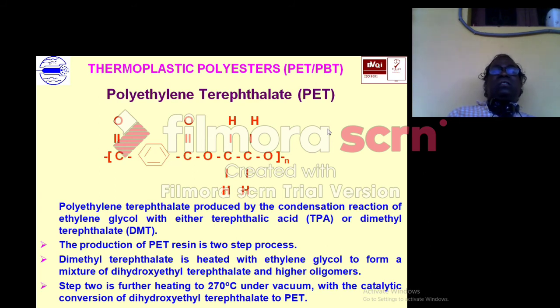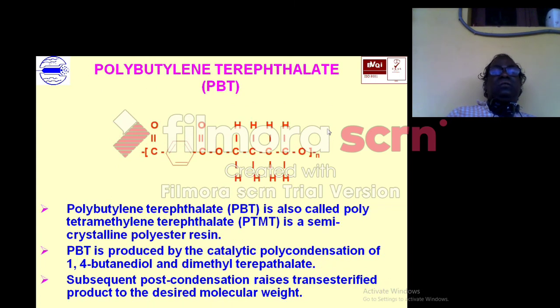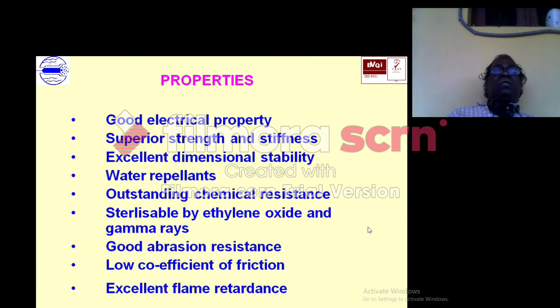These are the polyester thermoplastics. So this is the polybutylene terephthalate. Another name for PBT is PTMT. So these are the two polyester materials mainly used for water bottles. Initially, they used PET for bottles.